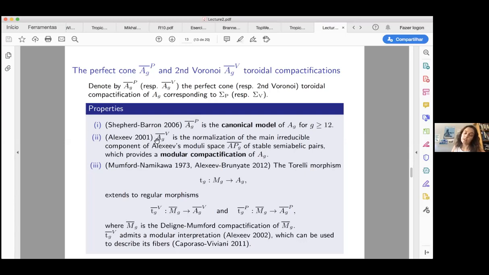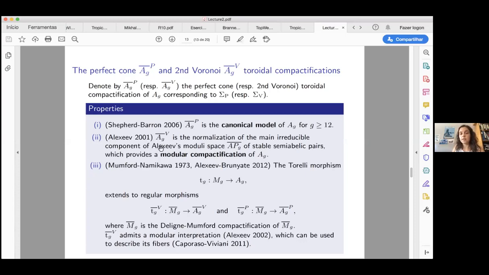the compactification of Ag associated to the second Voronoi decomposition is actually, well, at least is the normalization of a compactification of Ag which has a modular description. So this was quite an important fact, because it was not known if some of the toroidal compactifications would admit a modular